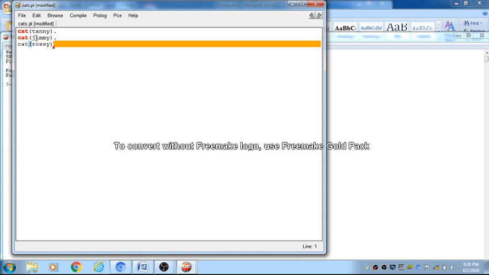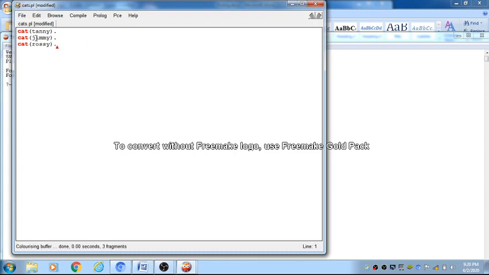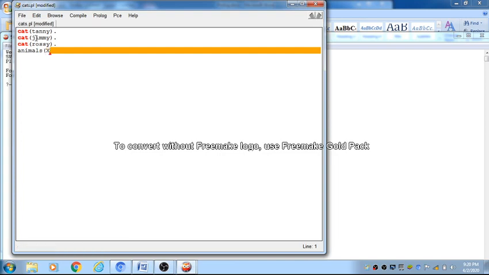Rosie is again a cat. Okay, these are all facts. But now I want to store a rule. Animal, I am binding it with the variable X, if statement, and then cat, again binding it with variable X. This statement holds that all cats are animals, ending with the dot operator.